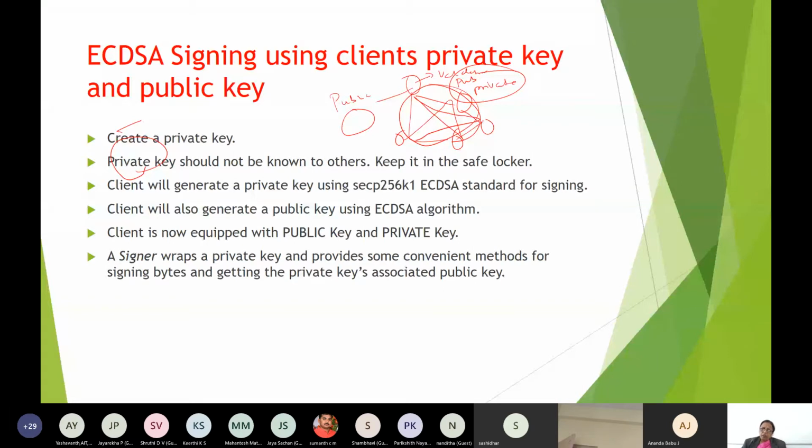This is a whole Sawtooth network here. You need to set up the Sawtooth network. Okay. Then the actors which are there in the Sawtooth network are